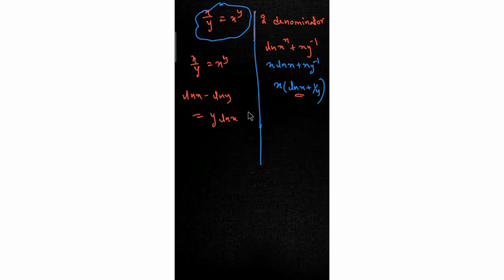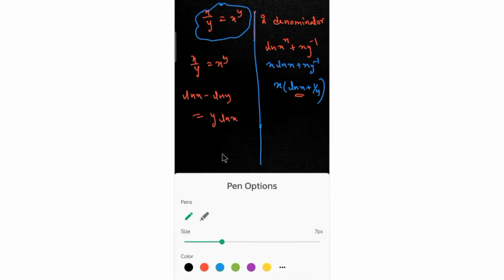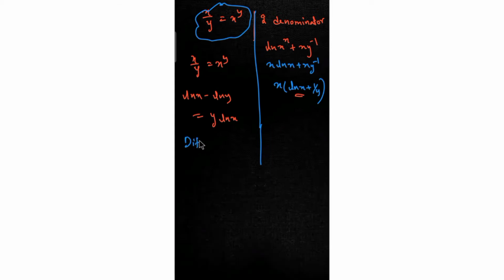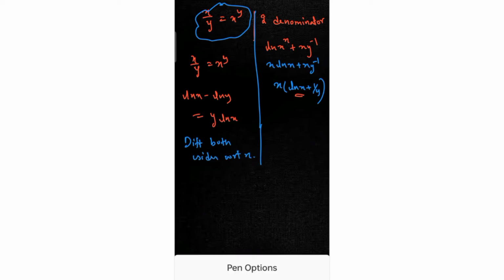So that means if I differentiate, I would get 1 by y dy by dx, isn't it? Like if I differentiate this ln y term, I would get 1 by y dy by dx. So somewhat the other way I'm getting 1 by y and ln x. So that's what my main focus is. So I'll be differentiating both sides with respect to x. So if I do that, what would I get?